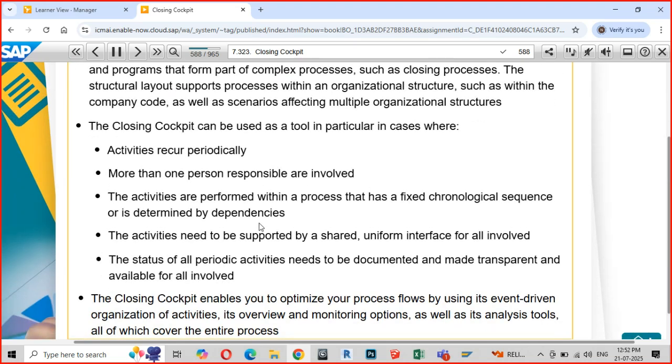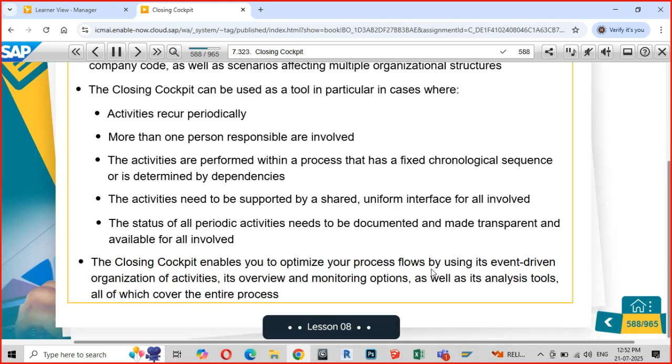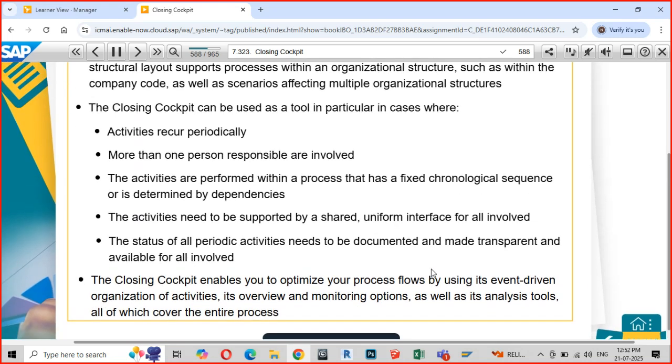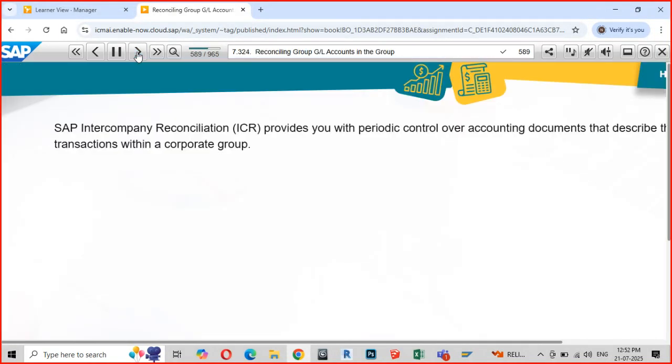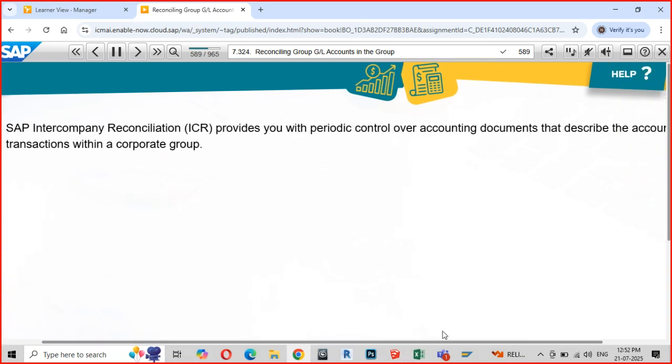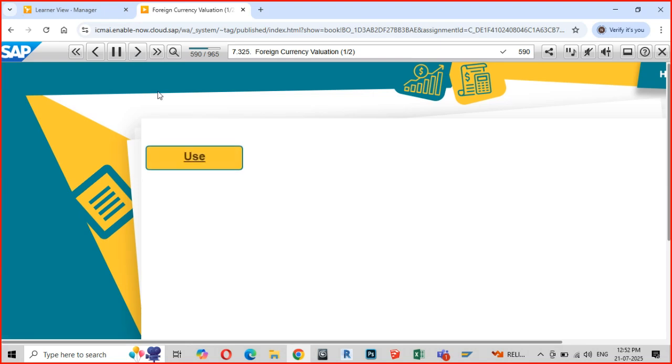The activities are performed within a sequence, and they need to be supported or shared. Same concept. Just read them through. You'll be in a much better position to understand.